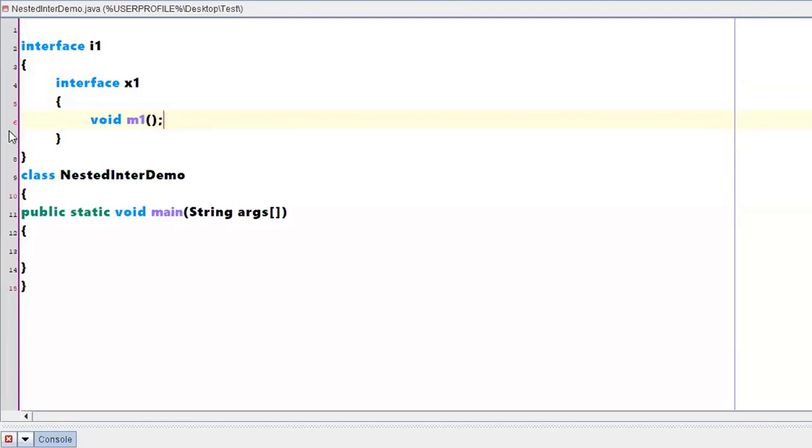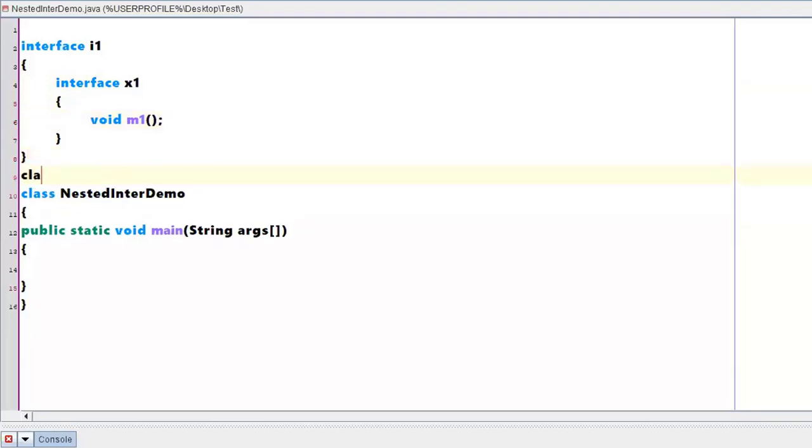Correct. Now, for implementing this particular interface, you need to have one class. Let's say class Y implements I1. See, where is our method M1? It is inside X1, and where is our X1 interface? It is inside I1.